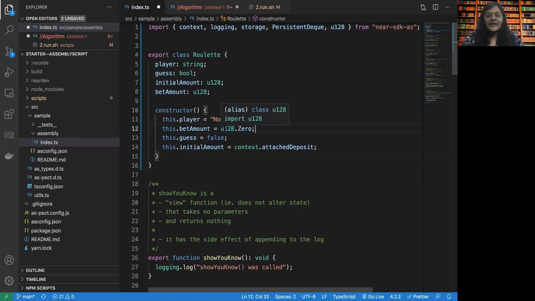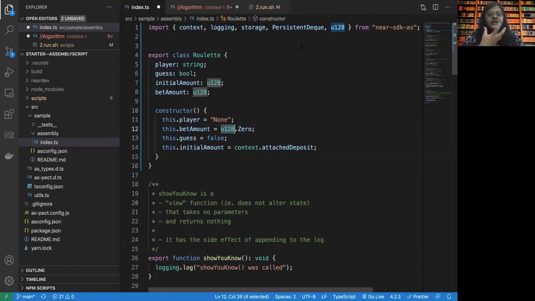So the U128 is actually another data type present in the Near SDK, which can be used as a quantity to take in the amount of Near.